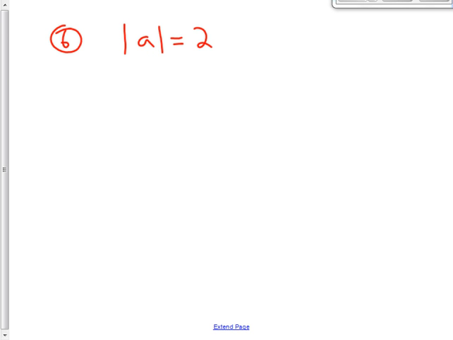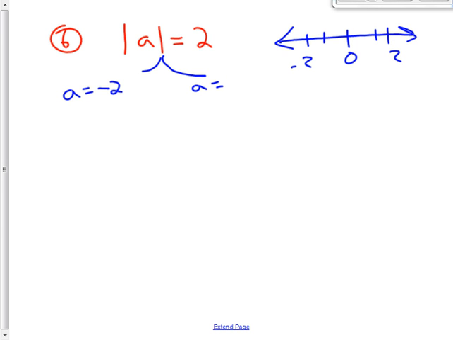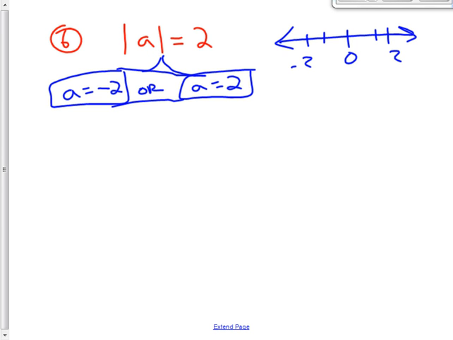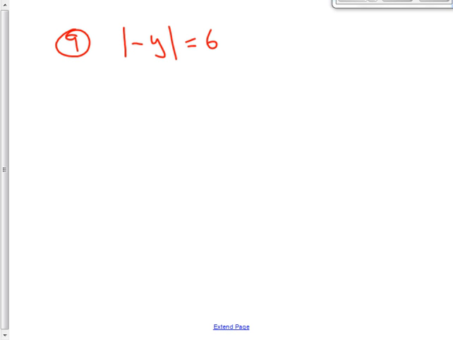Here we get into the problems, the initial idea of what this is. I'm looking at being a distance away from 0 because there's nothing added or subtracted in here, and I want to go 2 units away from that. So 2 units away from 0, I go this way, I get 2. I go this way, I get negative 2. If I plug in 2 or negative 2 for a, those values are going to work. Mathematically, I'm looking for a process here. I want to go to the negative side and to the positive side, and there's nothing else that happens here. I want to throw the word or in there. In order to get this to be an equation, I don't have any extra work to do. Same thing happens here,